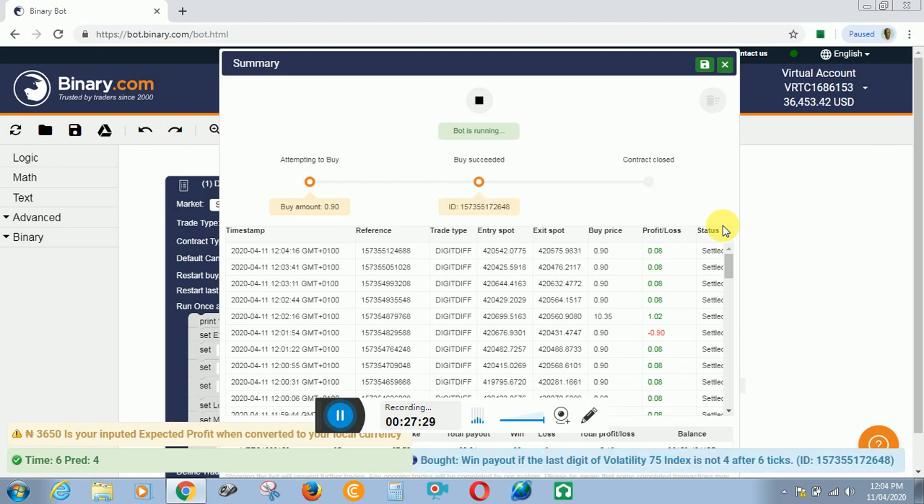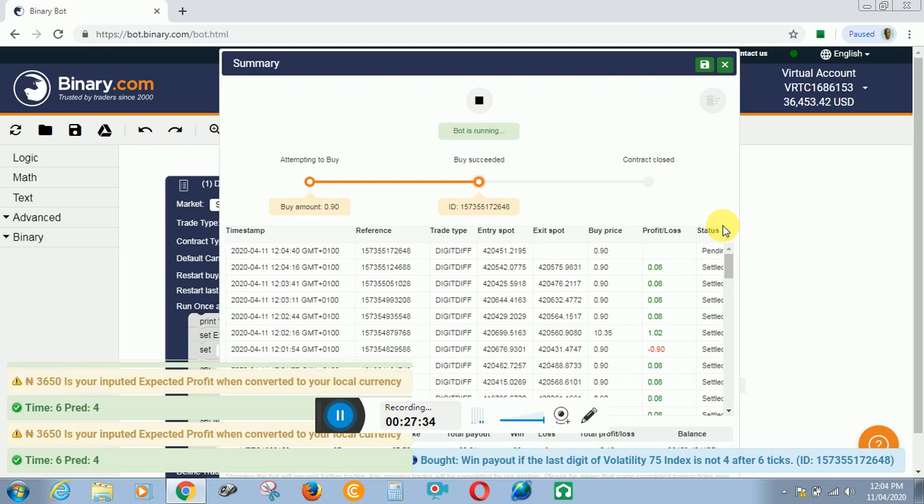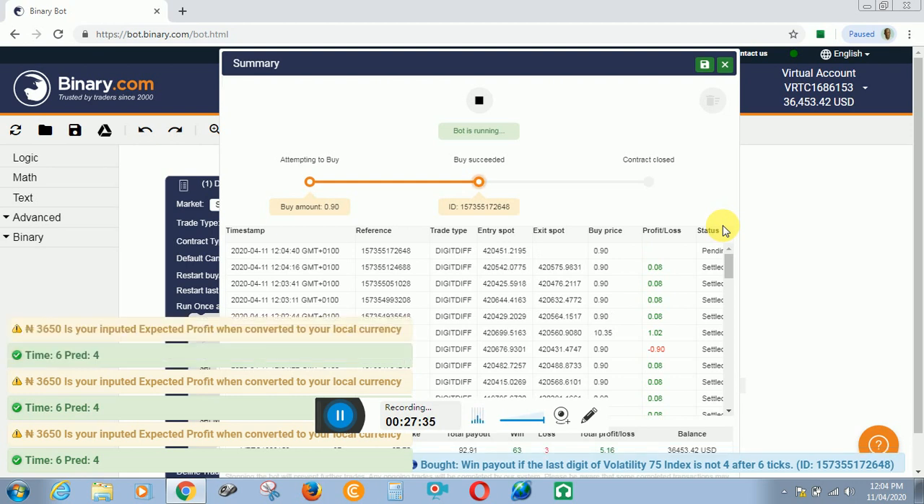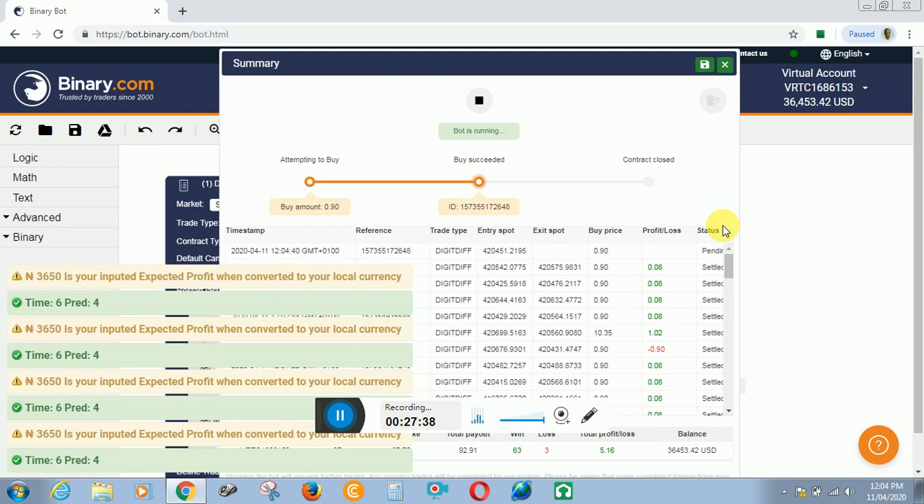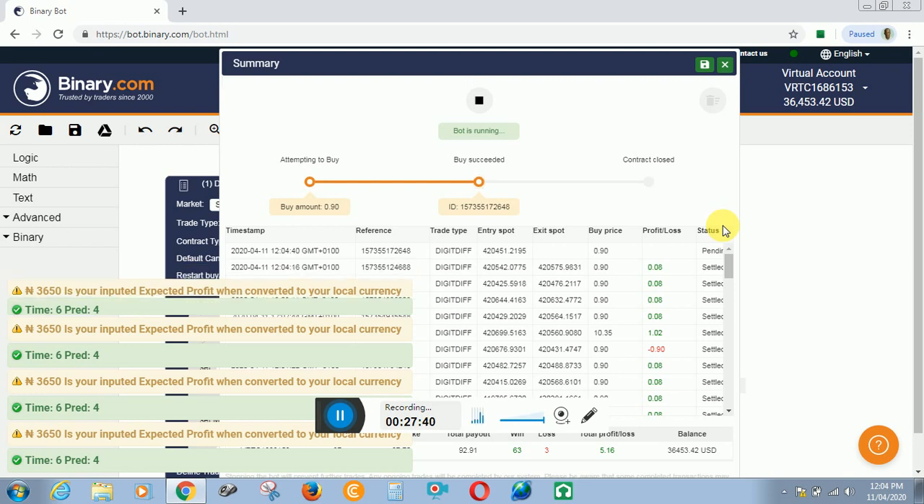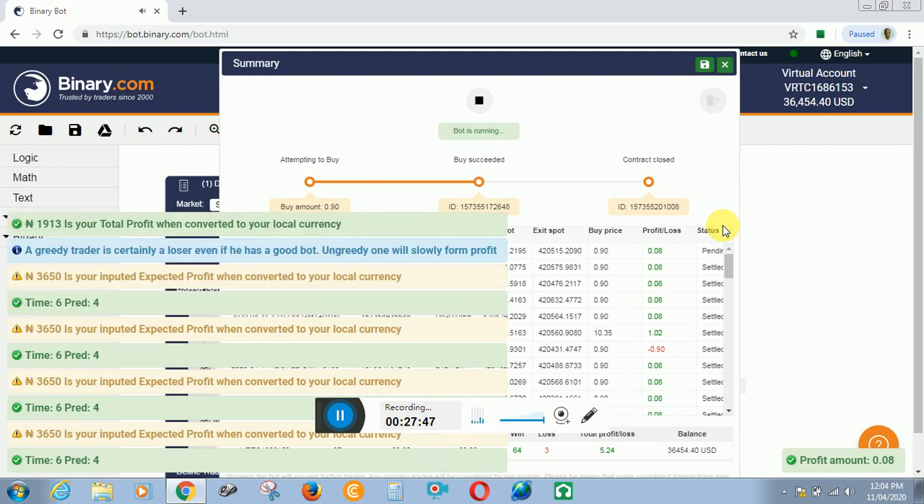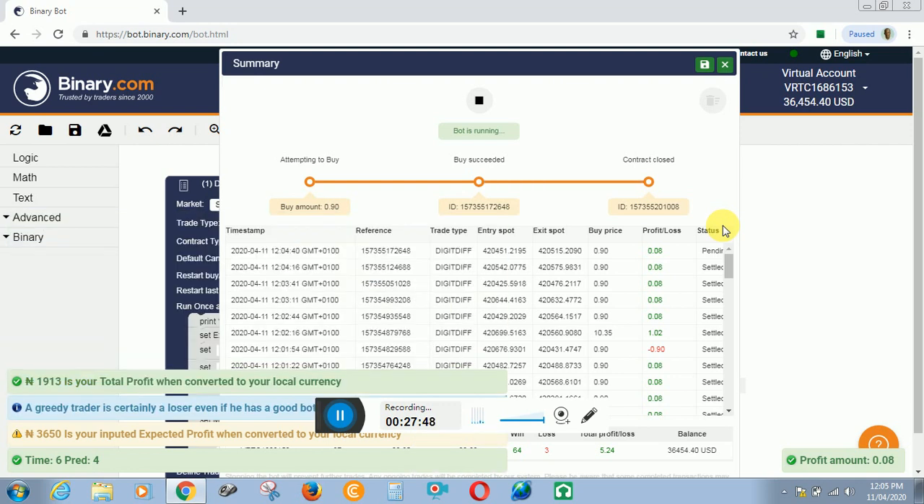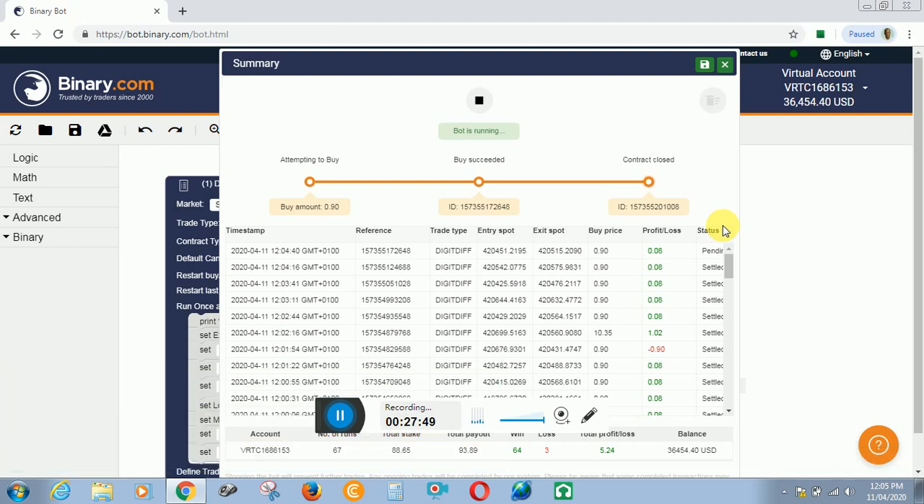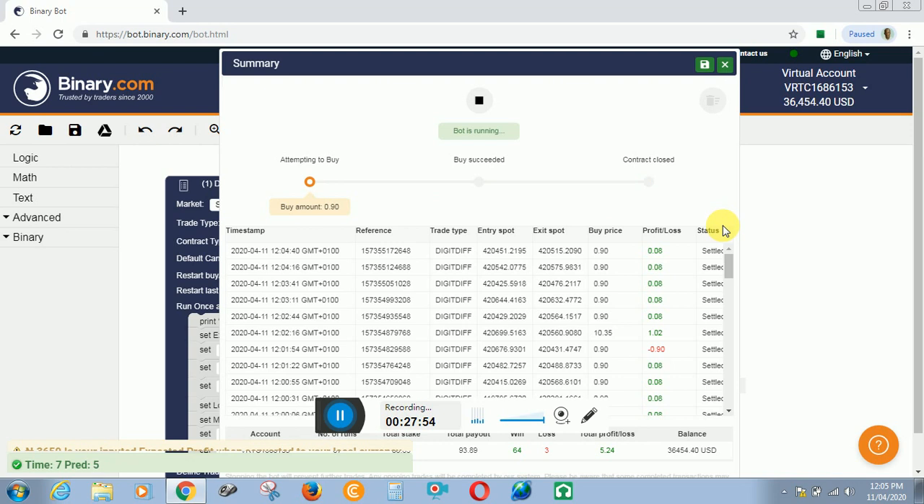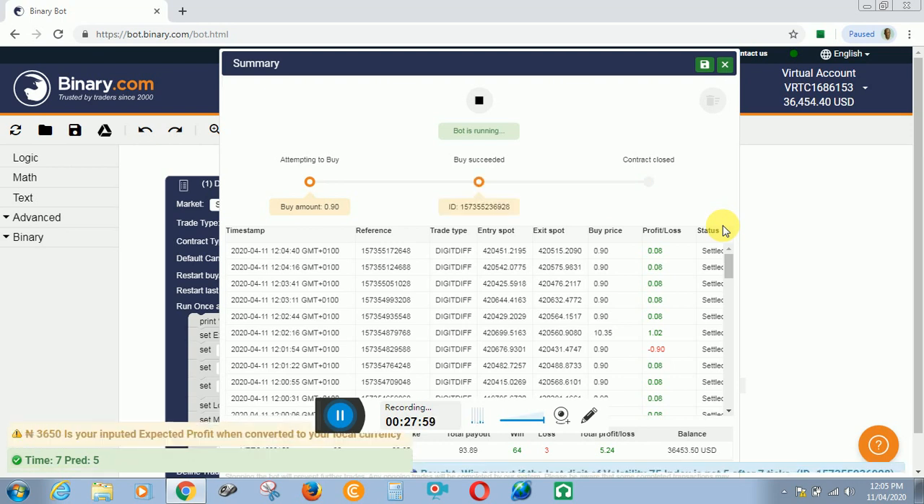So this bot has the ability to convert every dollar currency into the local currency of your country. As for me, I'm using it as a Nigerian, that's why it's reading Naira in the notification. If you are using it in any country's currency, cedis for Ghana, it will convert it to cedis based on the inputs you put when using the bot. Okay,